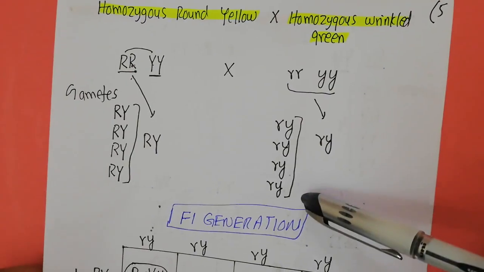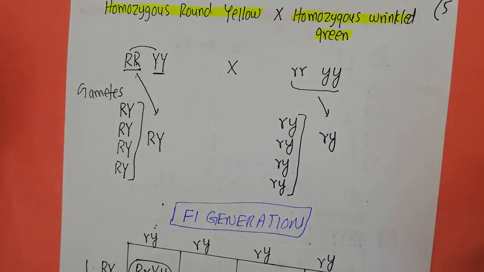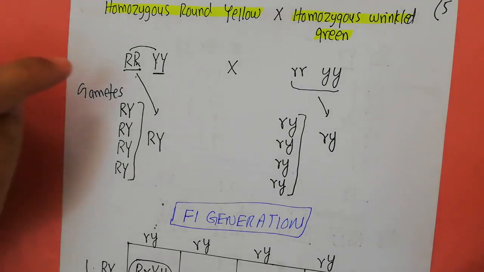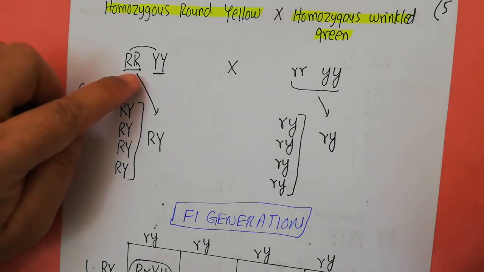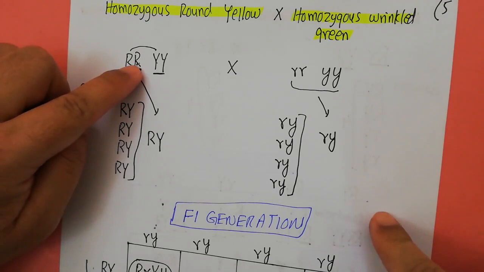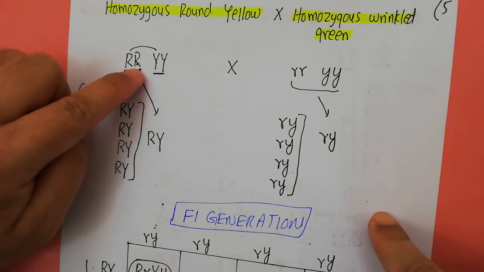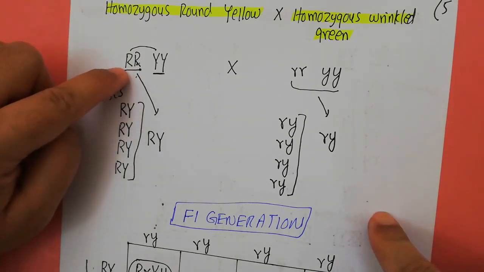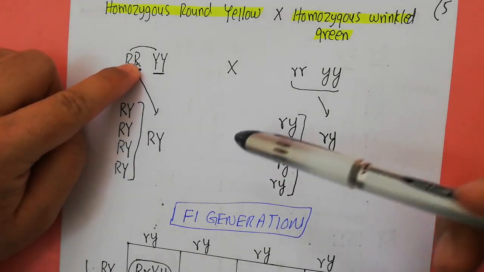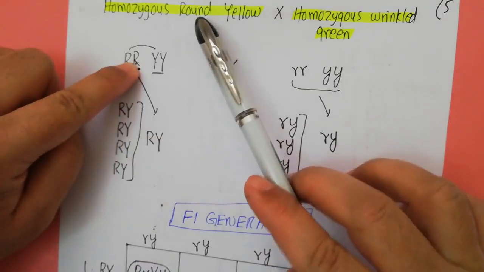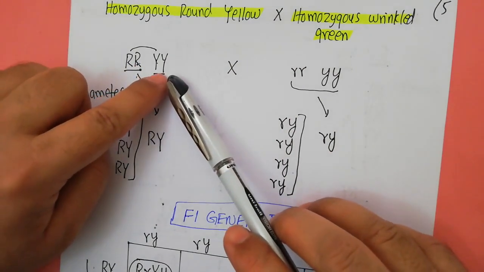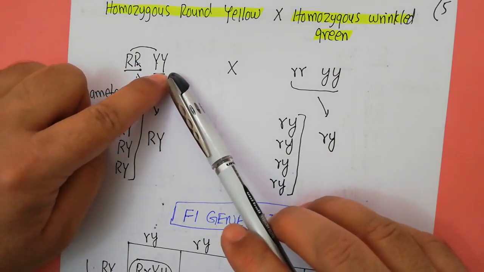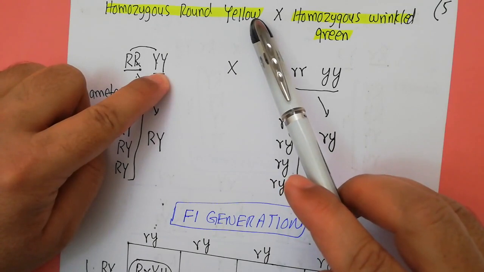Now when you talk about the dihybrid crosses, the most important thing is that you should know how to make the gametes. Now if you talk about this one, this is the capital R and this is the capital R. This is a pair of the allele and it is representing only one trait. And this capital R is actually representing the shape of the seed. Similarly, this capital Y and capital Y, this is showing the other trait, and this is actually showing you the